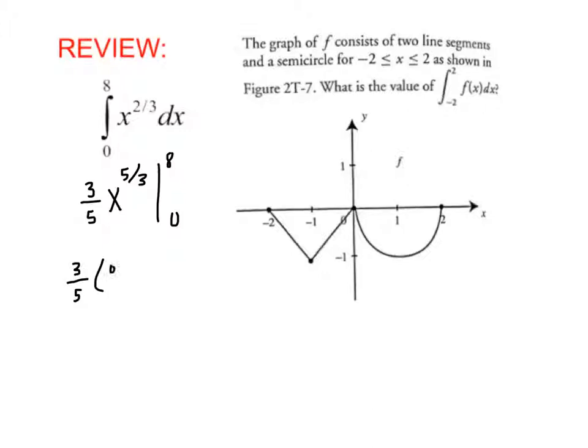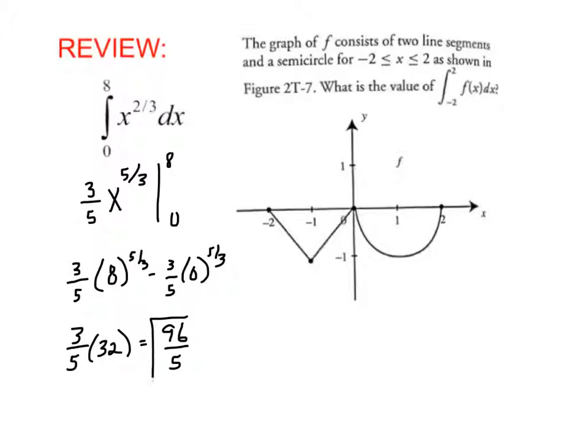Of course, 0 to anything is 0. So 8 to the 5/3 is the same as 8 to the 5th and the cube root of that, or it's the cube root of 8, which is 2, and 2 to the 5th, which is 32. So it's 3/5 multiplied by 32,